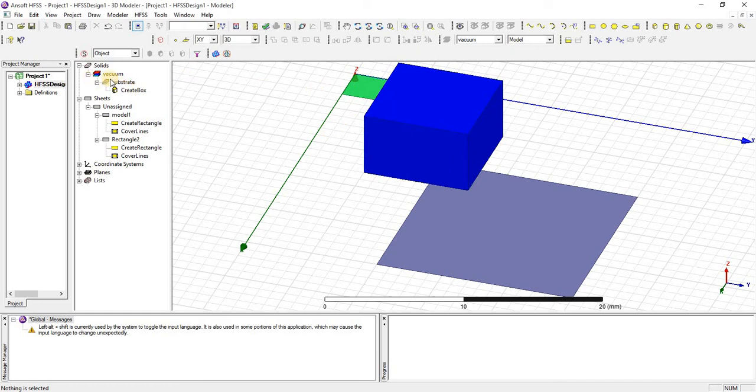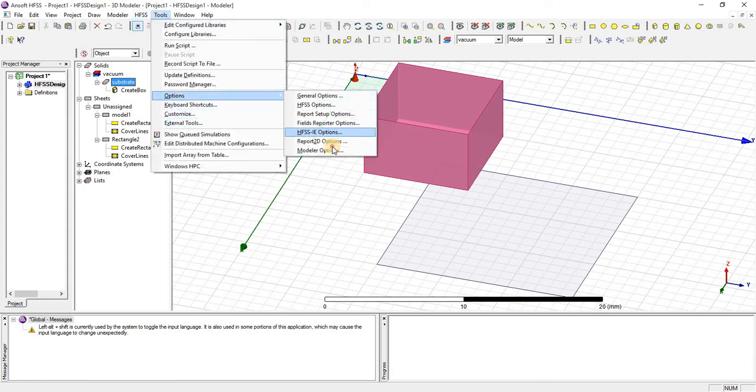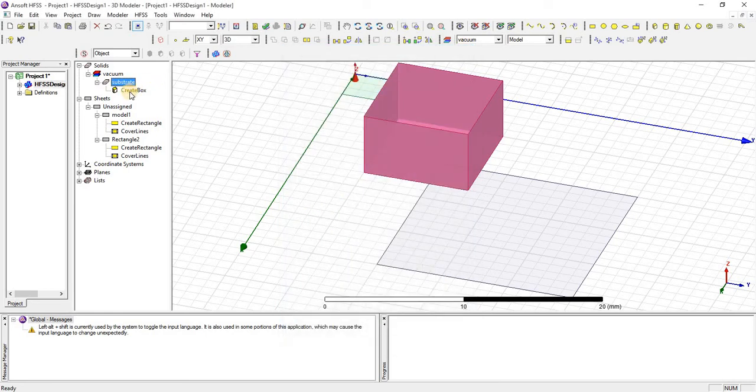You can change the default color simply by going to tools, options and modeler options. From here you can change the default color of these objects.